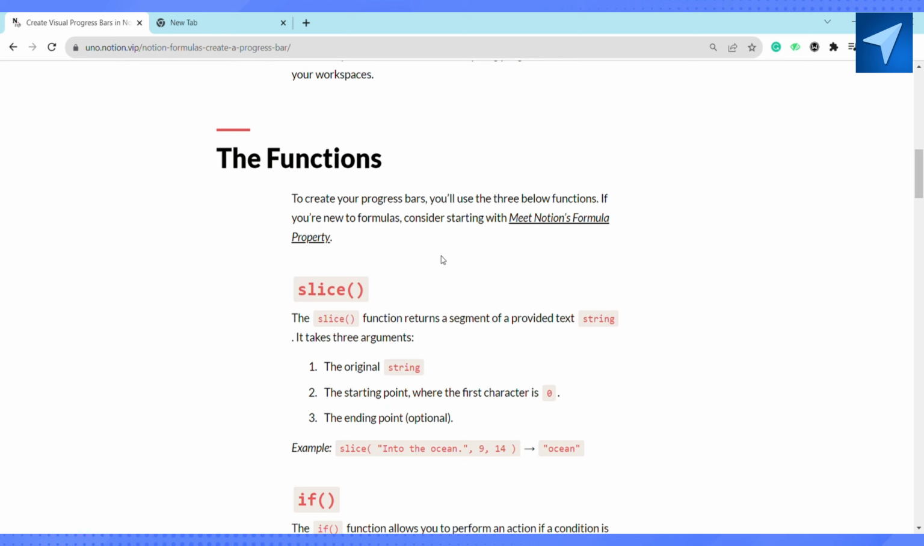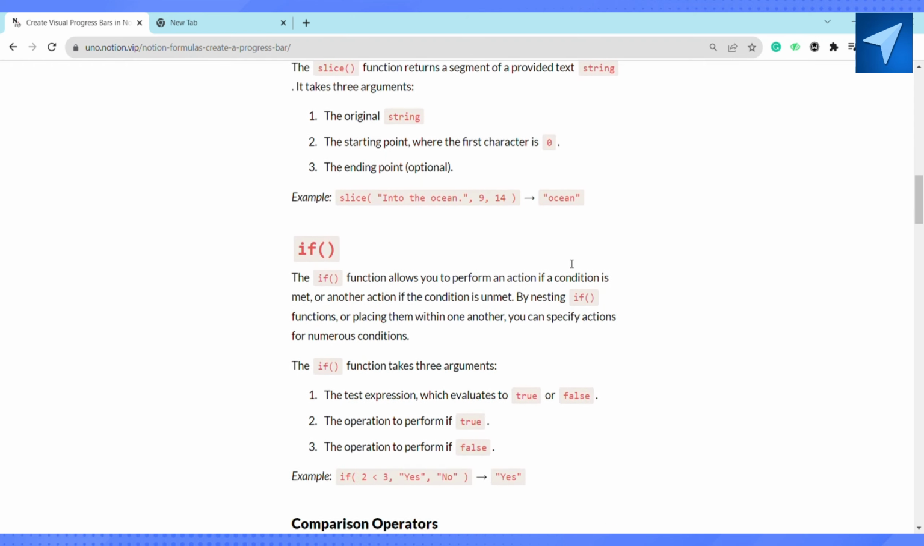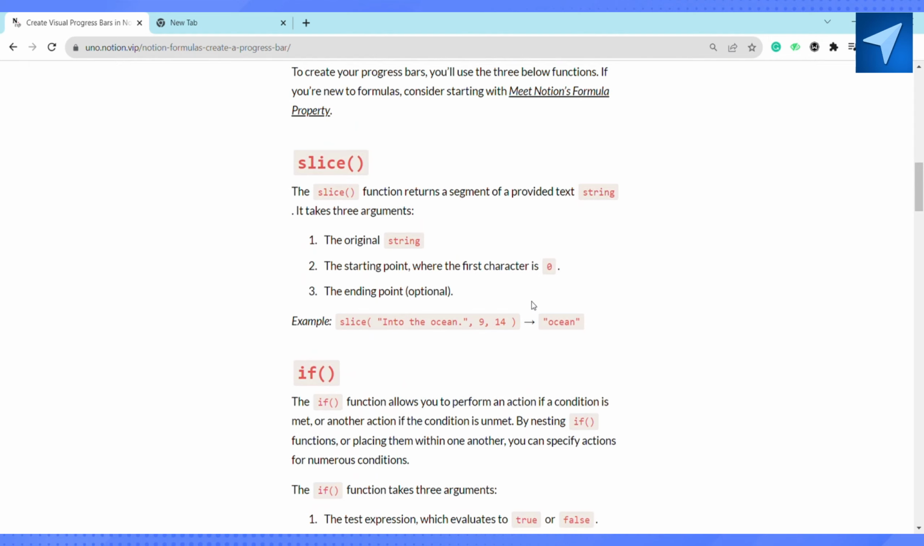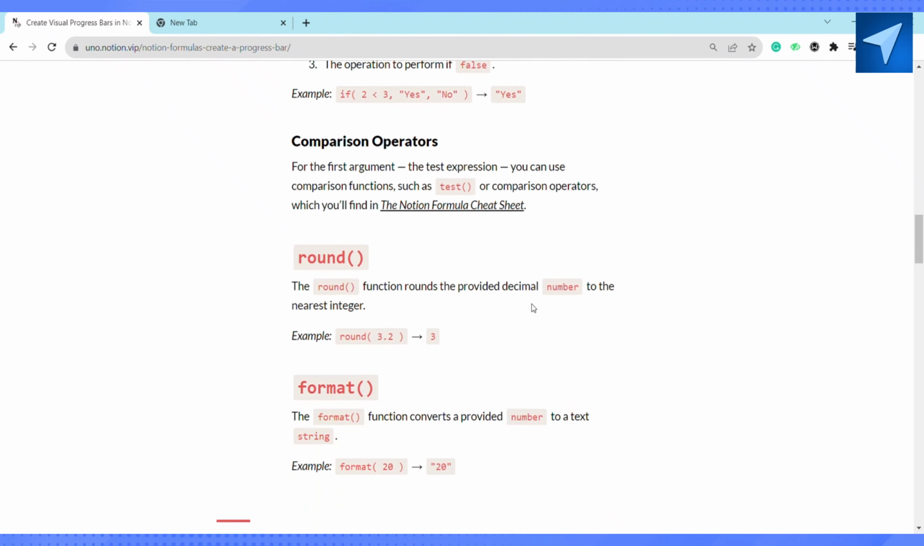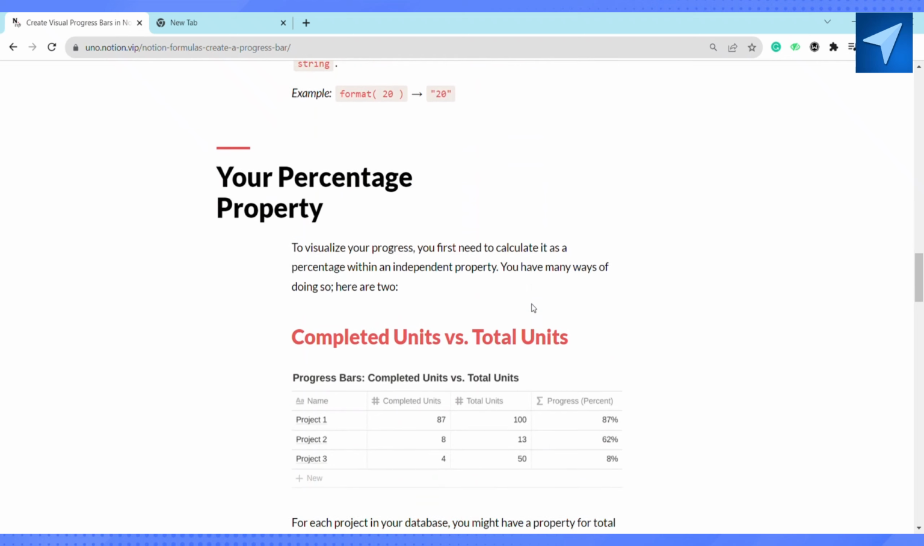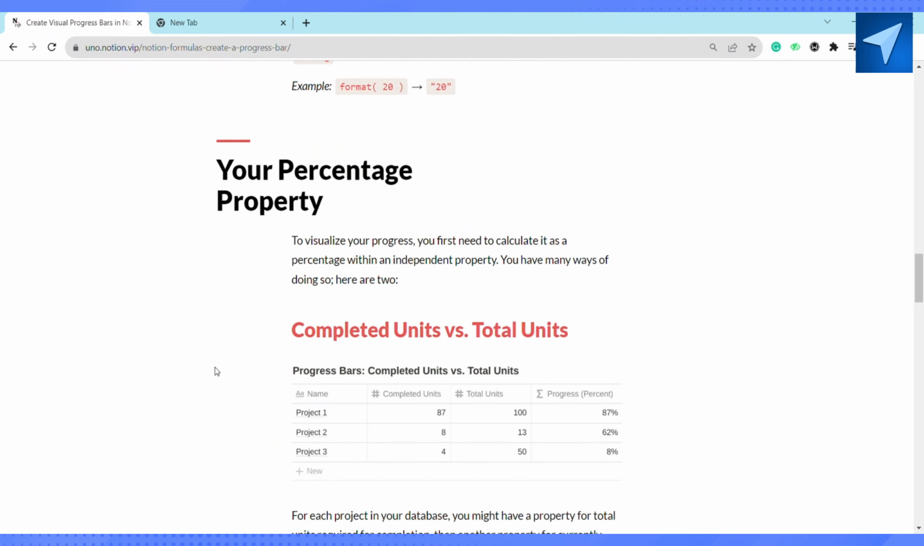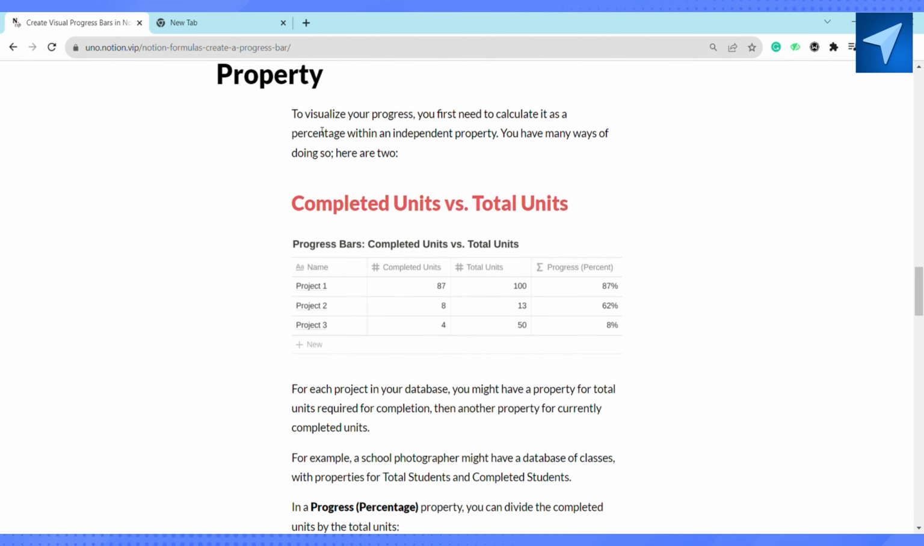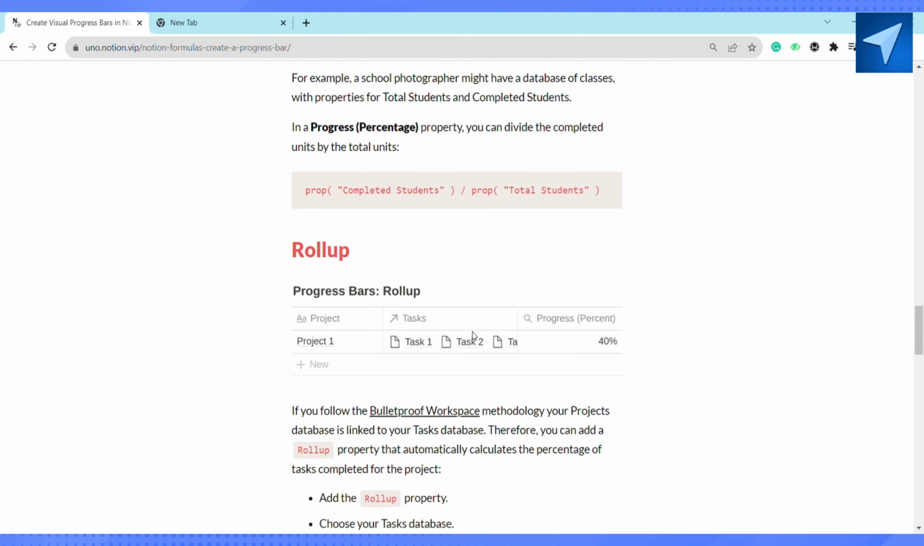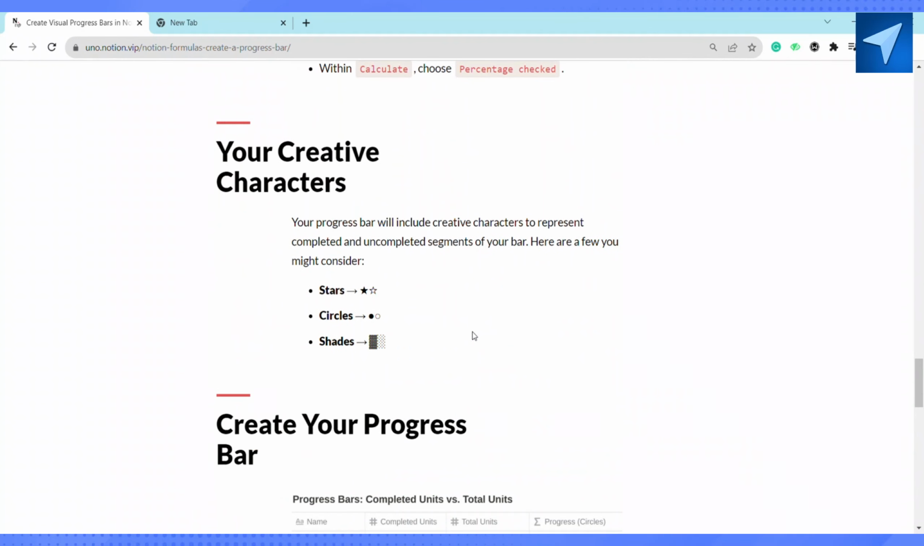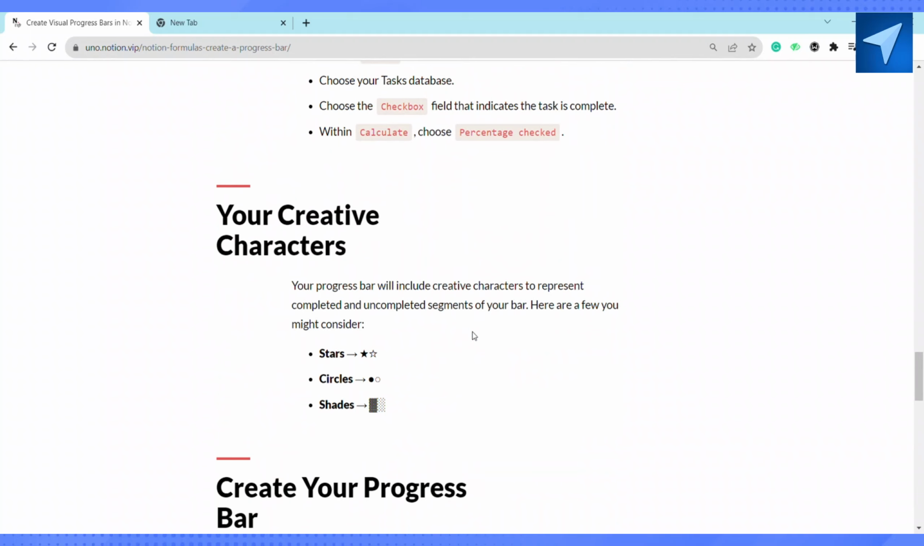So if you are new to this formula, consider starting with the Meet Notion formula property, which contains slice, prompt, if function, and comparison operators like round and format. It will also have your percentage property, which will contain the completed units versus total units. And after that, you also have to create creative characters. Your progress bar will include creative characters to represent the completed and uncompleted segments of your bar. Here are a few examples that you might consider, like a star thing or circle or